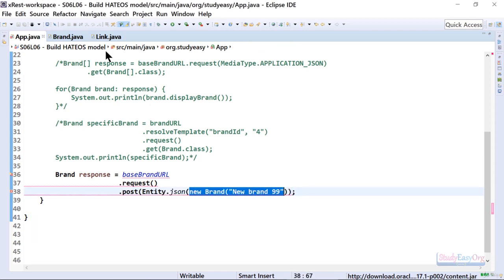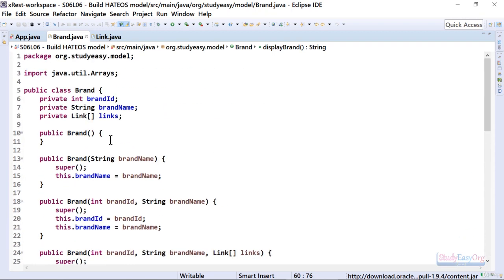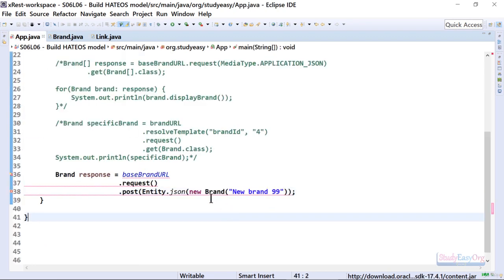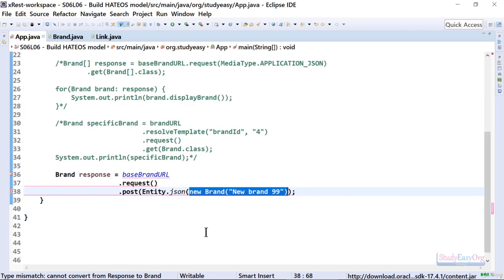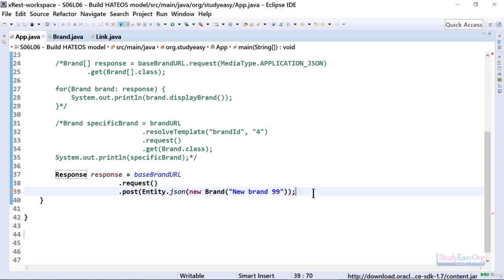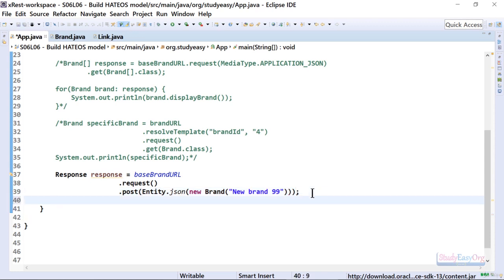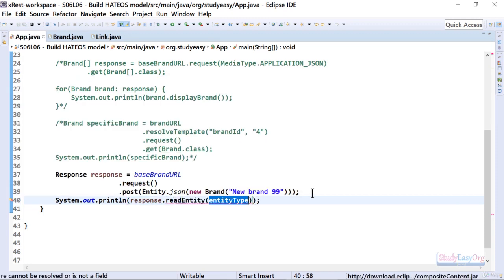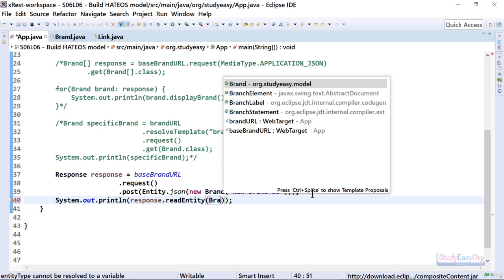We can create this object because we have like multiple versions of constructor, right? So we have this version of constructor which enable us to make a object with brand name only. Alright, so now let me change the type to response, and now let us also finally check the response. I guess there is some kind of error in here. Let me fix that. Alright, this is fixed. And now let me display system.out.println, and we will simply display response.readEntity, and we will read the entity of type